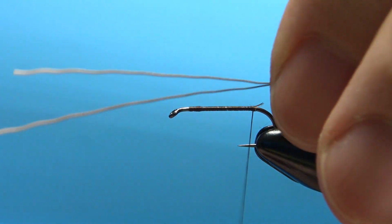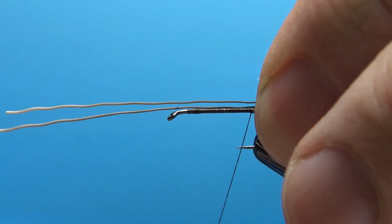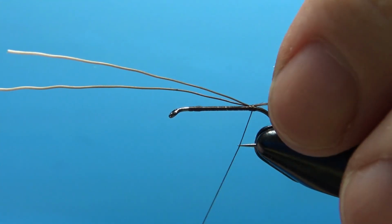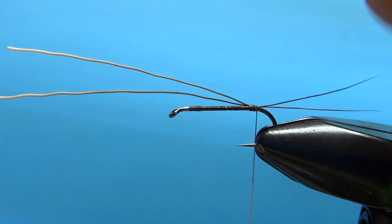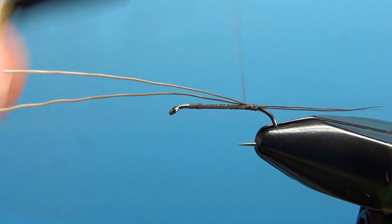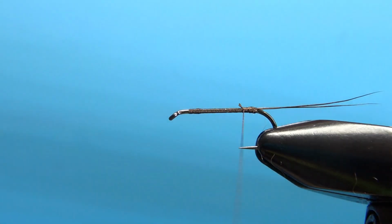That's good enough. Now the only instructions I've seen had both of these tied on the side. You can try that if you want. I haven't really been worried about it. I'm just putting them on here and they will pretty much naturally split on you. If you want, you could lift them up and put a wrap underneath them, but I think for the most part they've been splitting just fine on me. So let's go ahead and trim those off,